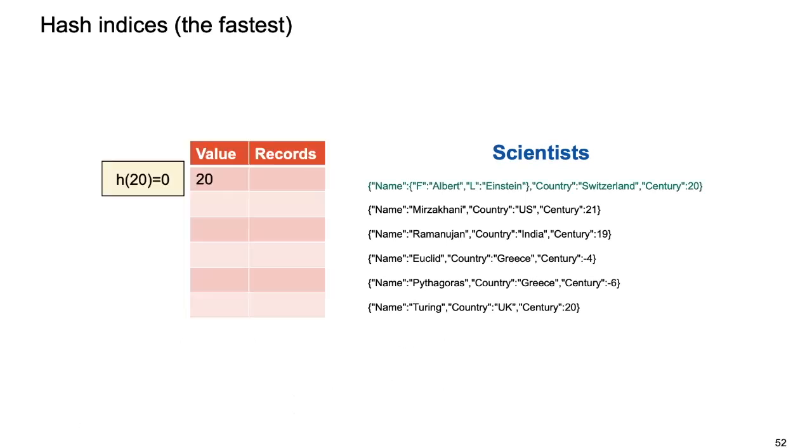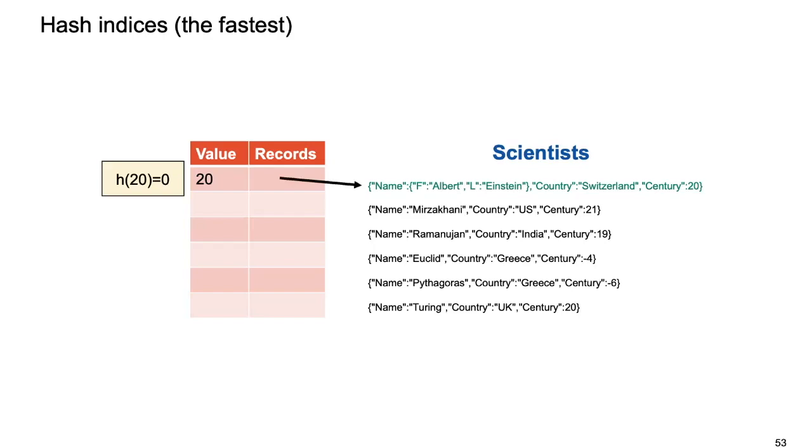What it does is that it creates a hash table like this, with a column for the actual value and then the records. A hash index works with this magic function that's called the hash function, h, that is deterministic, even though it uses some pseudo-randomness with the seed and so on, but basically it always returns the same value once you have picked your seed. Then you say h of 20 returns 0, so that's position 0 in the array, you put it there